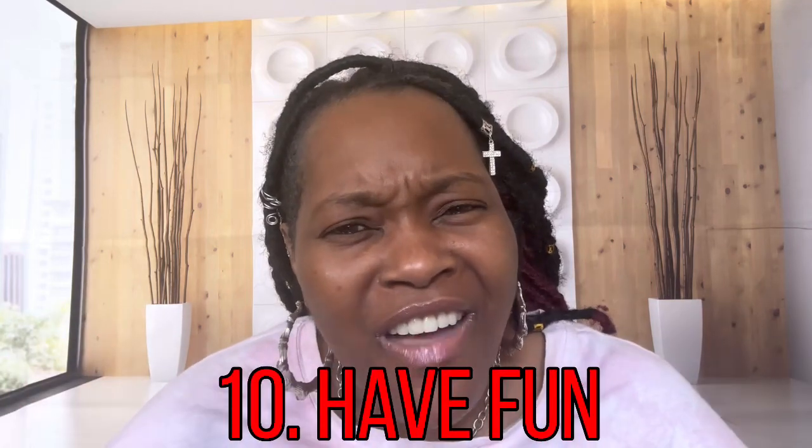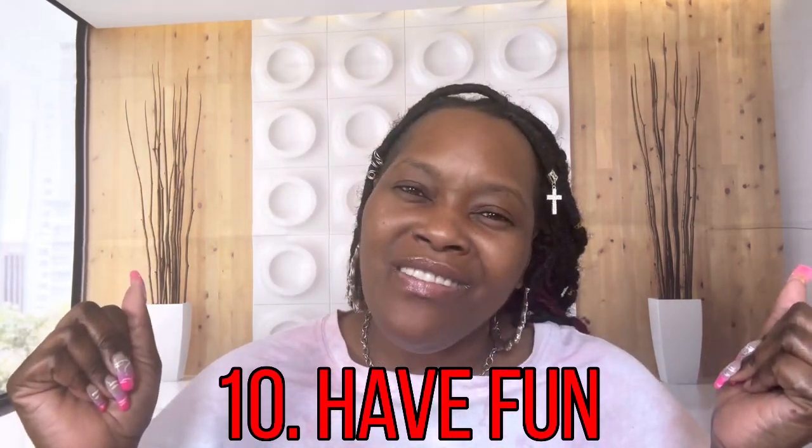Number 10 on how to have a great Graphghan. How can you have a great Graphghan? Have fun. Basically, have fun. The more frustrated you are, the more anxious you are, nervous, that will cause you to not focus on the task, on remembering that this is crochet and why we started crocheting, because it's a hobby, it's something that we like to do, something that we love to do, and it's also something that we could possibly make money from and make someone happy giving them their project. So relax